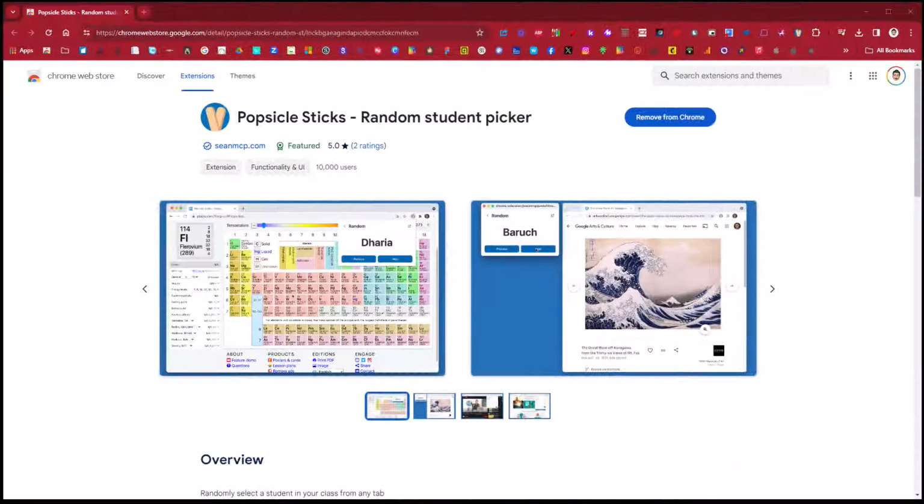Hey everyone, just a quick video to show you a cool extension I found. It is called Popsicle Sticks and it's a random student picker. Sometimes we just need those randomly selected lists, and this is a down and dirty, quick and easy